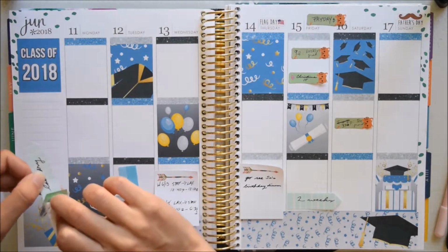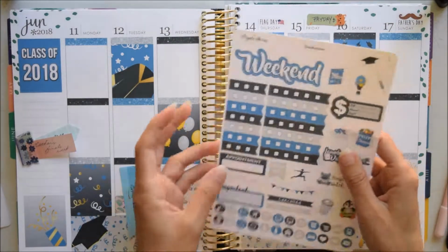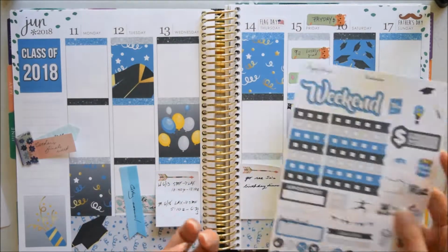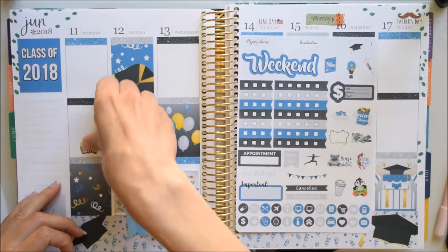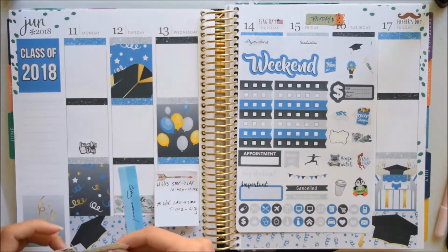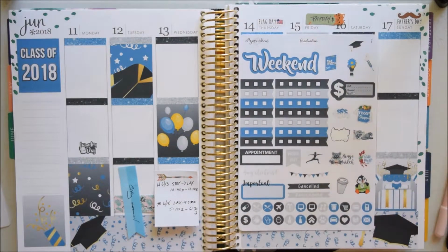Okay, so Monday, where is my functional sheet? Monday, I want to do laundry, so there's a little laundry day sticker. This raccoon sleeping, that's funny. So I'm just going to put that at the bottom of Monday, and I'll mark that it's Nathan's finals week, which I guess we said that back when we were in undergrad too, but